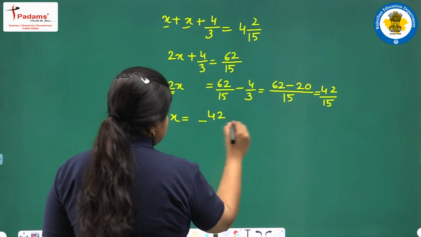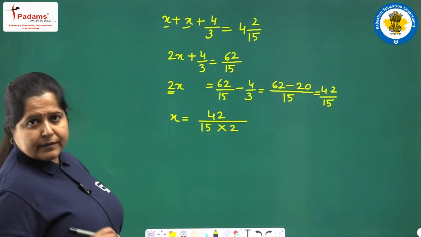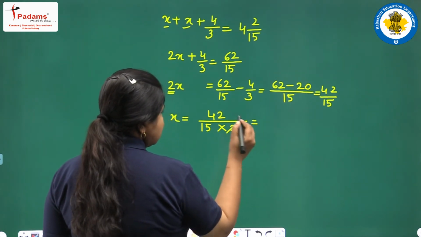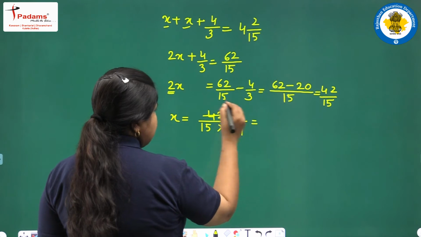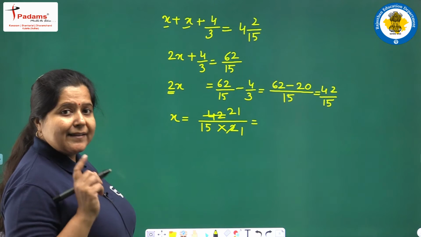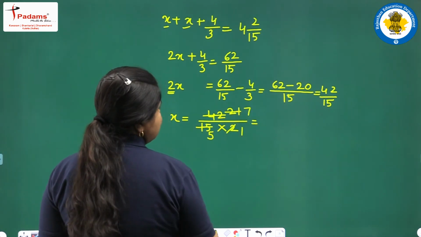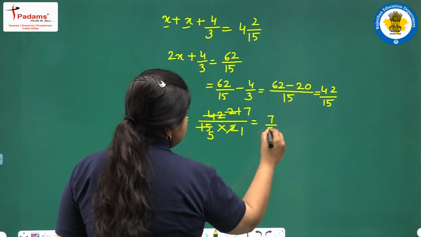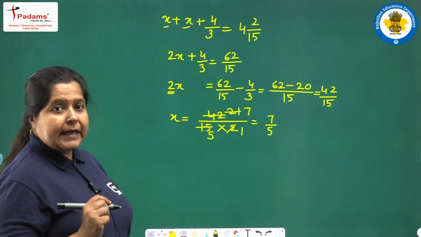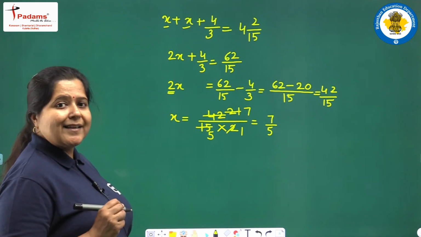40 upon 15, and this 2 also has come in the denominator. We can easily cancel this by 2, 2 1s are 2, 2 2s are 4 and 2 1s are 2. Again 21 and 15 are divisible by 3. 3 5s are 15, 3 7s are 21. So, we get 7 upon 5. So, the two sides of the triangle that were equal, each of them is 7 by 5 centimeters in length.